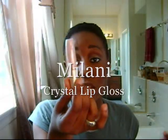It works well. My lips, you won't know that they're not MAC lips or Makeup Forever lips or anything like that. These are gorgeous colors. I love those glosses, and I also love the Milani Crystal Gloss for lips. These are beautiful. I told you guys a long time ago that the color Serendipity is Oh Baby by MAC. Even though